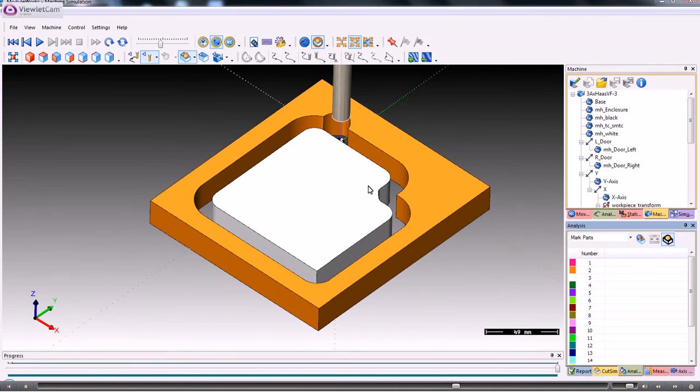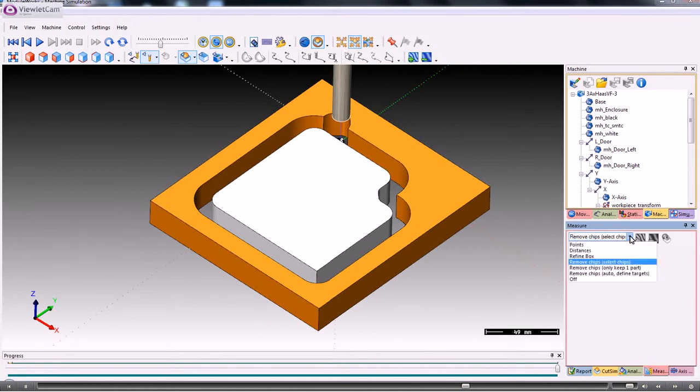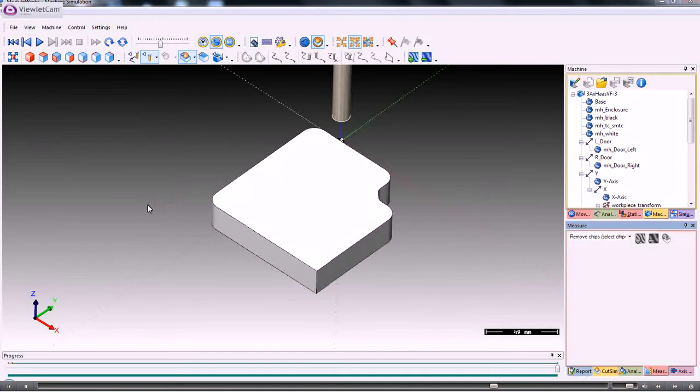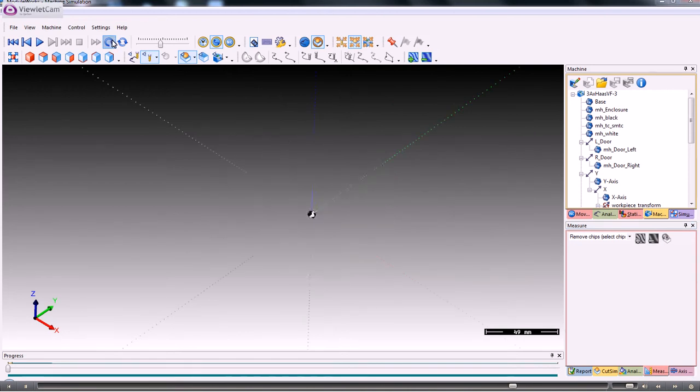now you can remove the parts by going to the Measure tab and choosing the option Remove Chips, and then you point to the part that you want to remove and depress the mouse wheel, and there you just get the center part. So if you replayed that, reset the graphics, and then just run that through again,